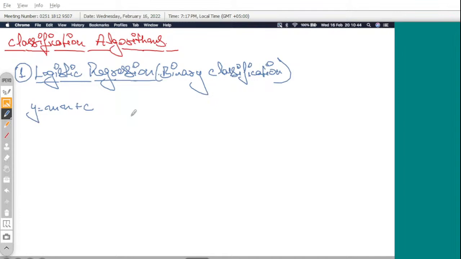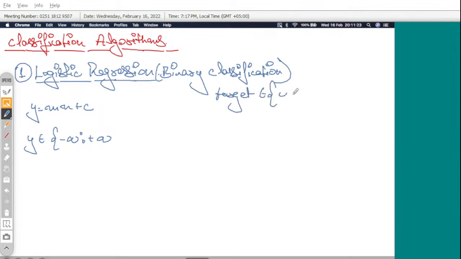And in this equation, y is going to be an element of minus infinity to plus infinity, right? Y could be anything. There is nothing like y is going to be in a given range. The value of y could be anything. But if we talk about logistic regression, the actual y, the target variable,